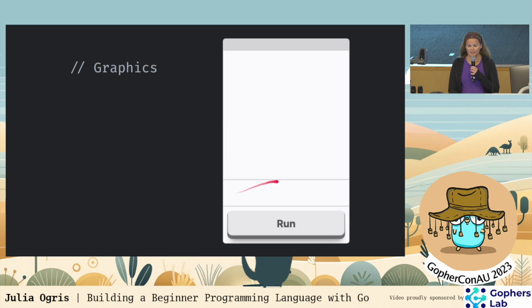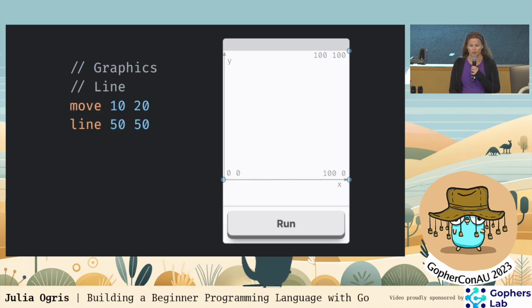On the website, this little square is where you draw. It's addressed like a Cartesian number plane, so not inverted like it's often done in computer graphics. We've got the origin in the bottom left, and the extent is 100 by 100. So if you want to draw a line in Eevee, you first set the drawing pen or cursor or turtle in turtle graphics with the move command to here, x coordinate 10, y coordinate 20. And then with the line function, line command, you draw the line here to the center of the canvas.